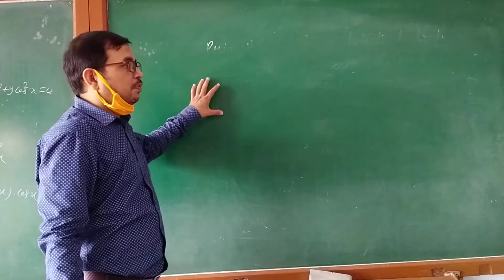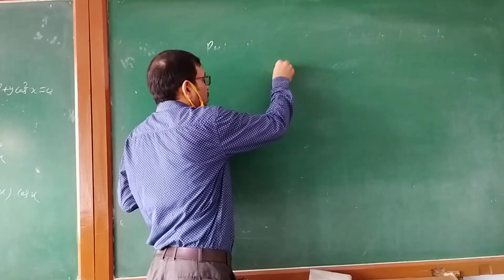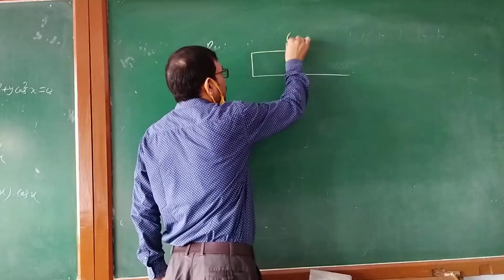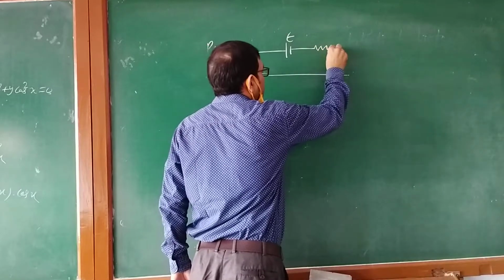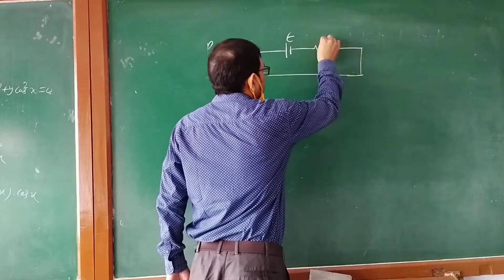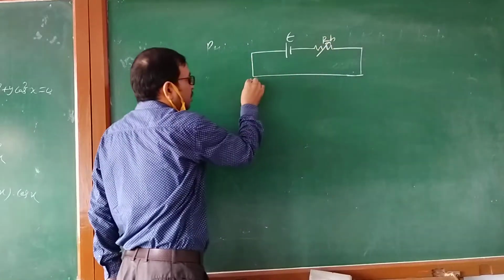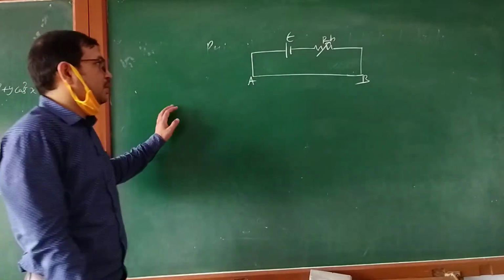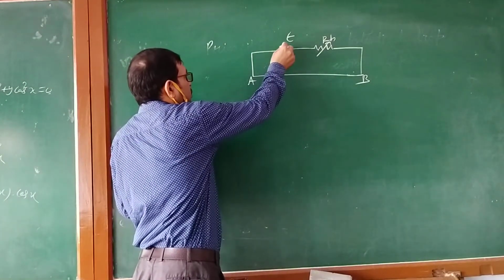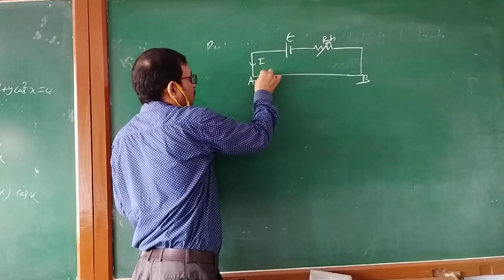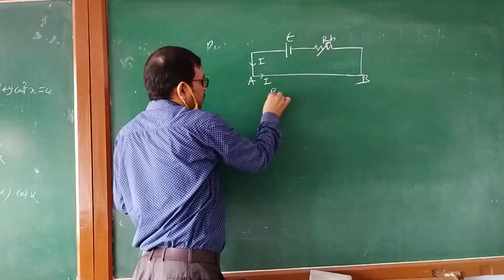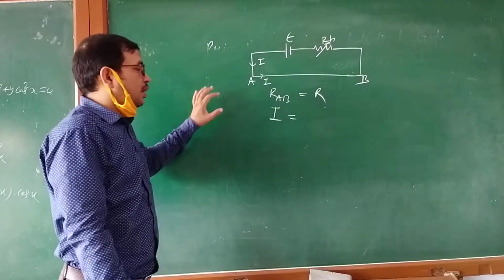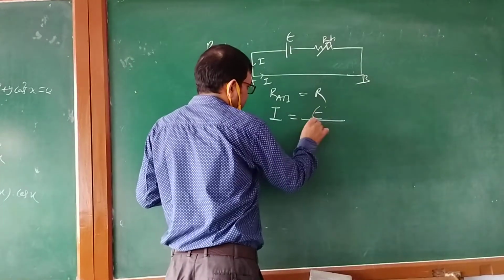Now you try to understand how the potentiometer works actually. So this is the primary circuit. Here it will be the cell of EMF E, a rheostat, suppose it is RH, and this is the length of wire AB. Now we will derive first the current. What is the current going from this cell, the source cell? Suppose current I is coming. Now we have to find I. Let the resistance of this wire AB be R. So what is the formula of current? Current is total EMF by total resistance.